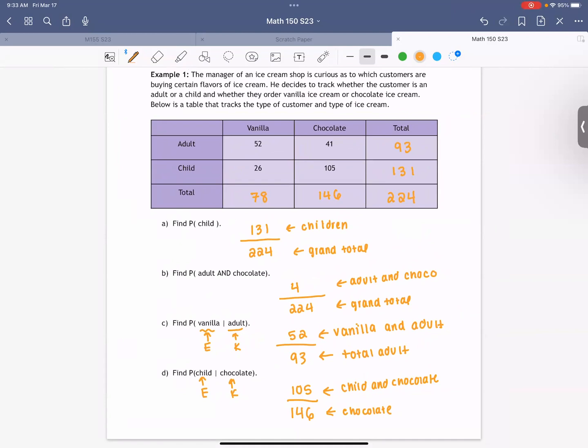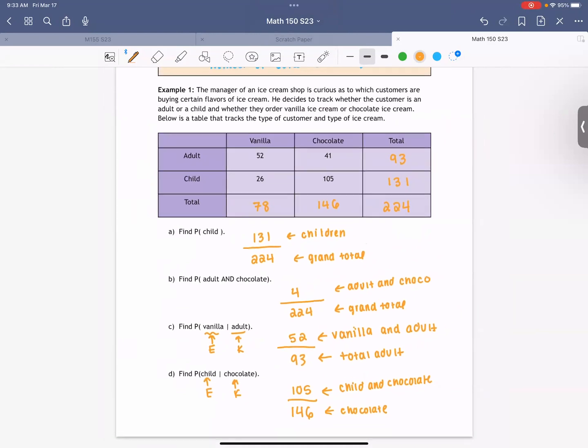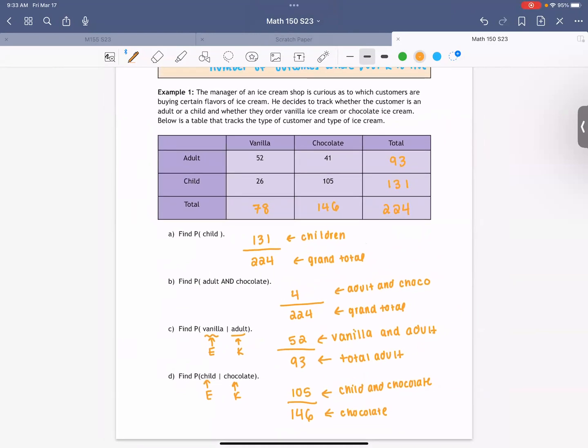It's basically the same thing every time, but if you organize your information well in the beginning, it makes it so easy to just figure out the number on top, figure out the number on bottom, and that's all you have to do. All right. Any questions on example 1? All right. Then why don't we do example number 2? I'm going to give you some time to work on this. We'll come back in a little bit.